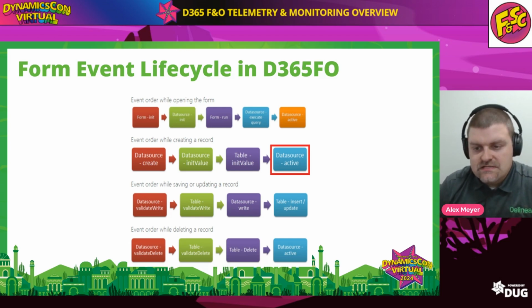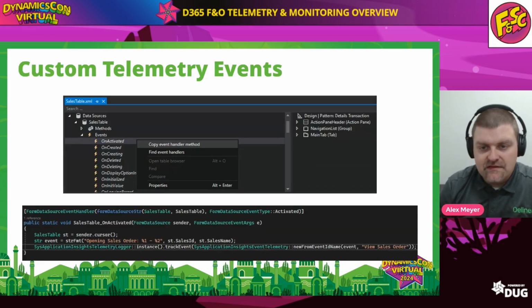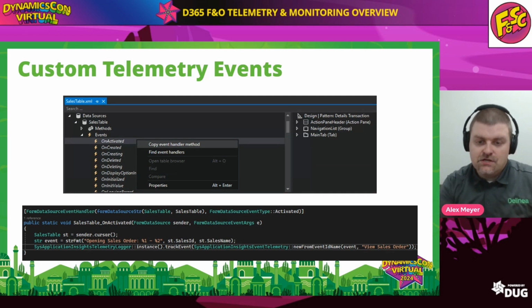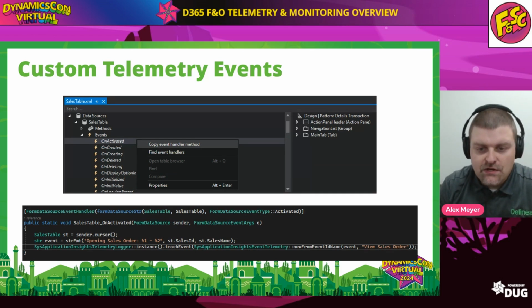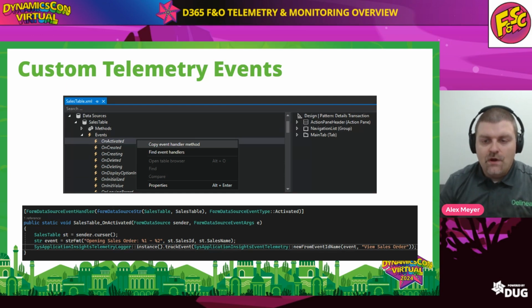I know the actual data source that's being opened in this case: the sales table and the sales line. Those are the two being used. In my case, I want to go to the sales table method, go to the onactivated event on this, copy that event handler, and put this code in a project of mine. The key point here is that I'm going to listen or subscribe to the event of when the sales table on the sales table form